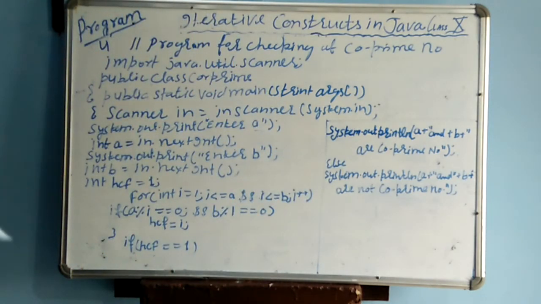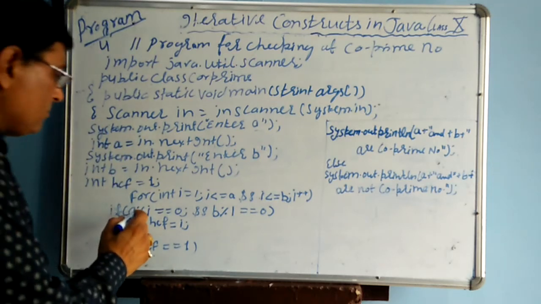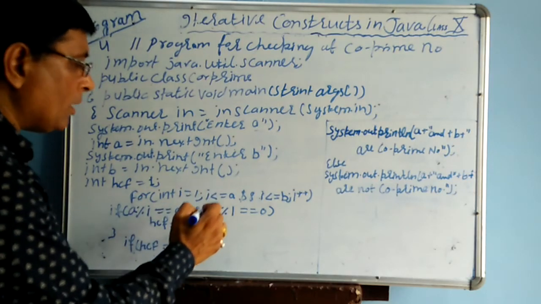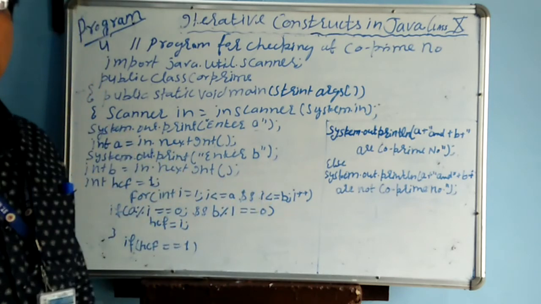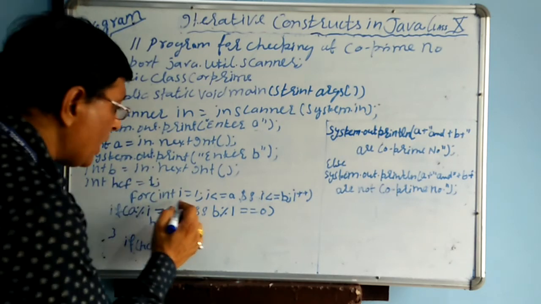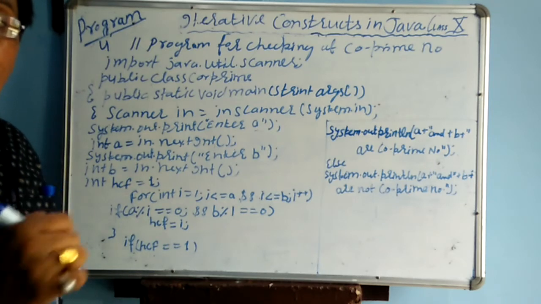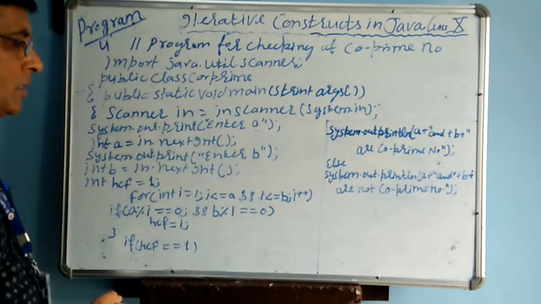Now there is a condition: a modulo i equals 0 and b modulo i equals 0. So if the value of i divides both numbers a and b,